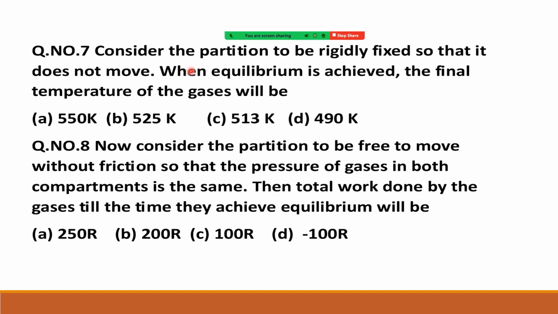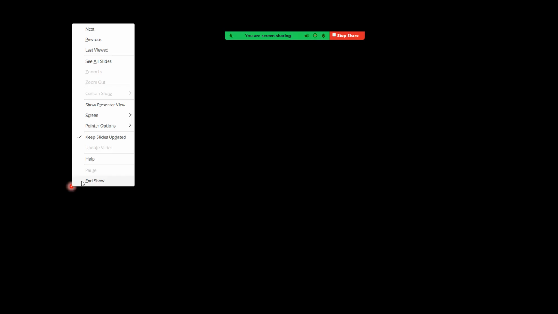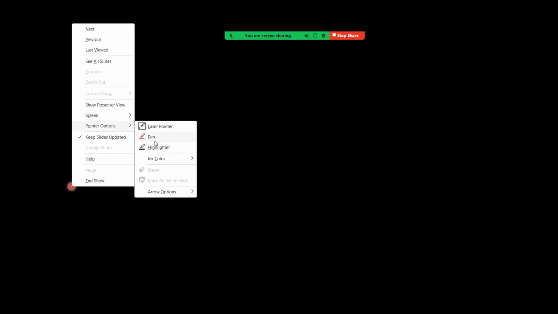Consider the partition to be rigidly fixed so that it does not move. When equilibrium is achieved, the final temperature of the gases will be... So the condition is that the partition does not move. Partition does not move means for the lower one volume is constant and for the upper one pressure is constant. That means we can write